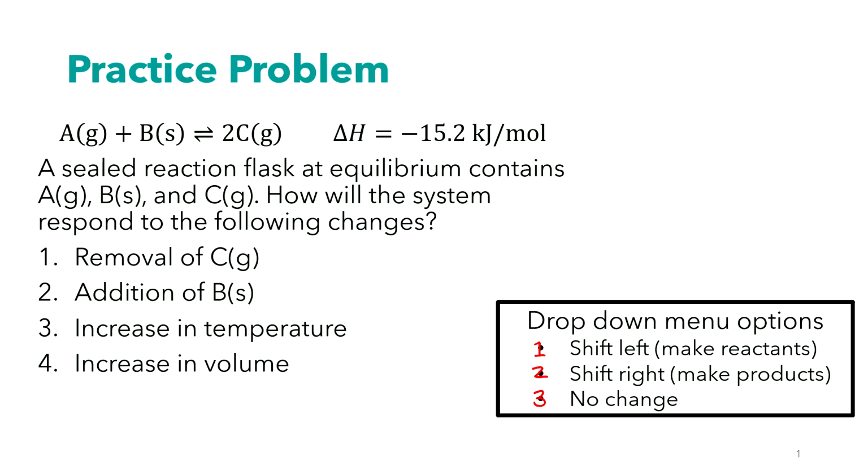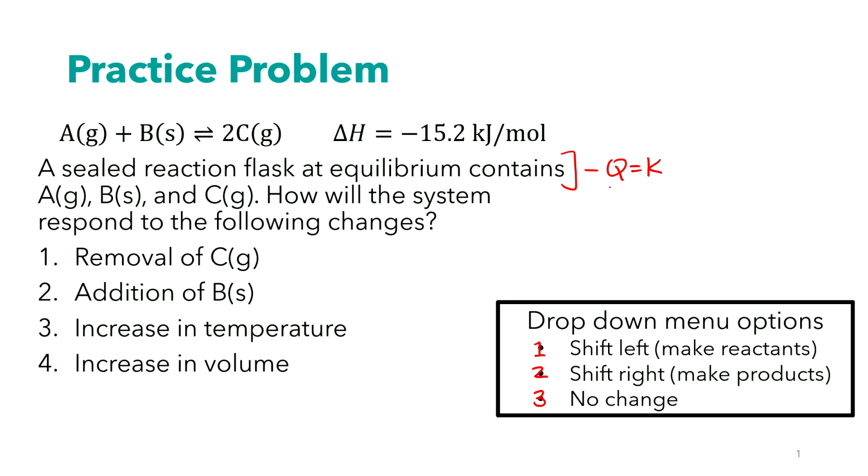All right, drop-down choices are 1, 2, and 3. We have a secret way of removing C, okay? So we take some C out and just C. Are you picking 1, 2, or 3? Good. 2. If I pull products out of the reaction, okay, so what we're saying here is that Q equals